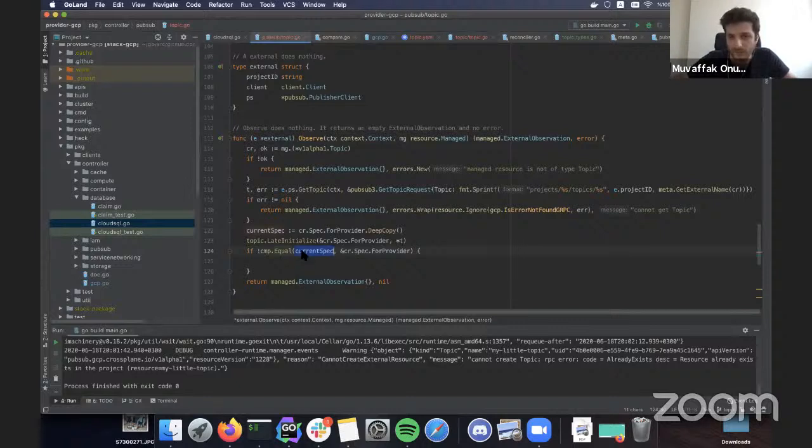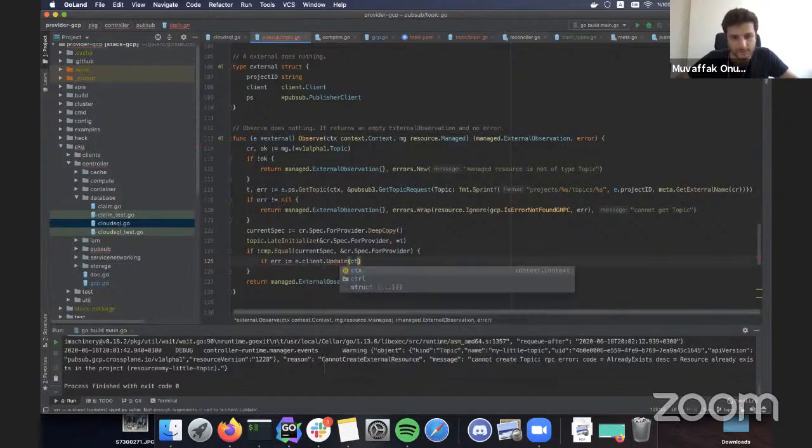If not, it will immediately return false. It's going to say they're not equal. So both have to be pointer to topic parameters, and this should be pointer type parameters. So if there's a diff, what we're going to do is simply call the Kubernetes update.